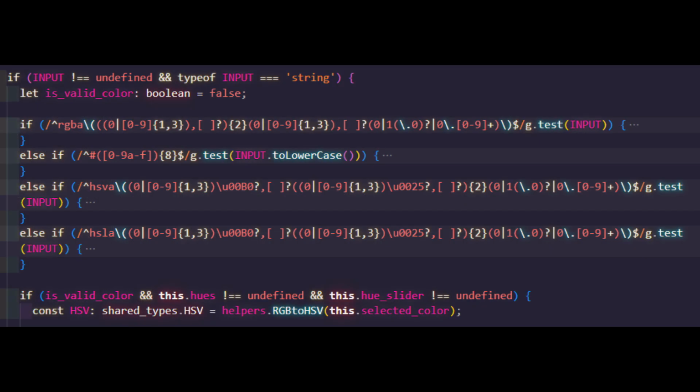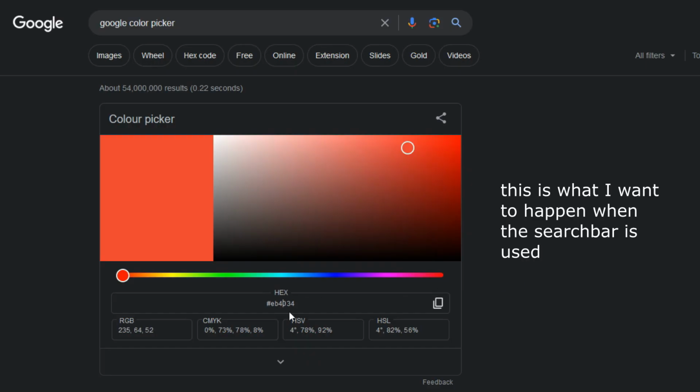I passed the RGBA data to the helper that converts RGB to HSV. The reason I did this is so that I could use the HSV values to move the sliders and the cursor to reflect the color that was being searched.